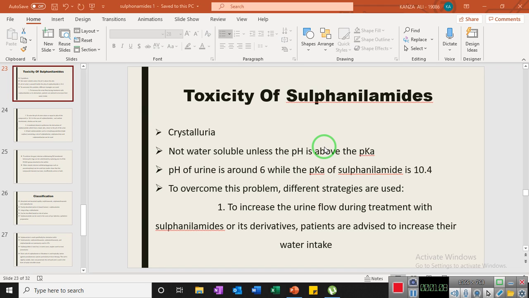In the last lecture, in the end of the lecture, I have told you that generally when we are using the sulfonamides in the case of UTI, urinary tract infections, the pH of the urine is less than the physiological pH. What does it mean? The physiological pH of the urine is about 6.1 or around 6, but in the case of infection the pH is about 5,